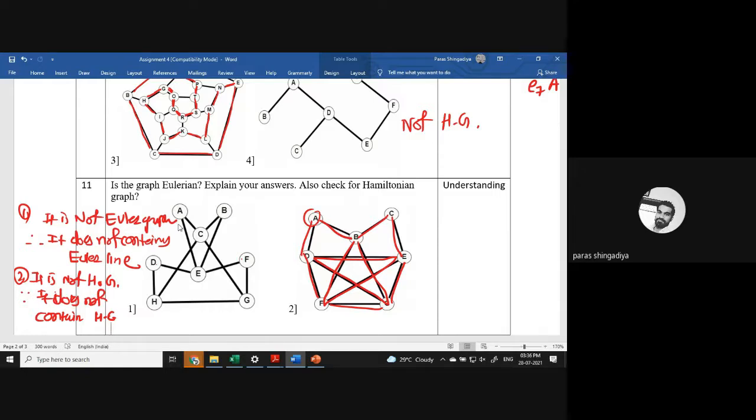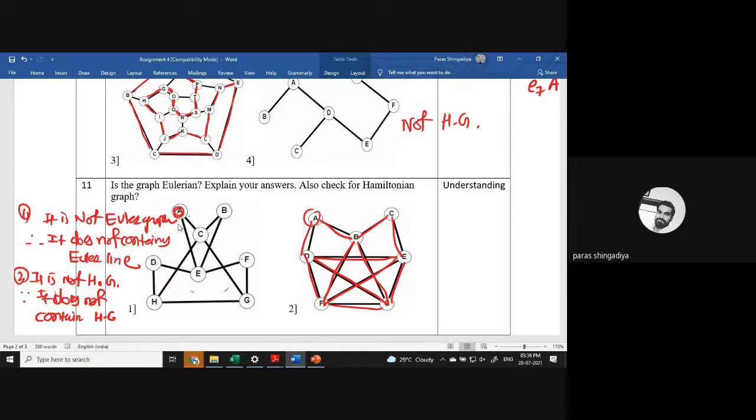So here you just start with any vertex, A to B, A to C, B, you can consider any route. Let us take A as the starting place, A to E, and after that D, H, G, F, E. E is repeated again. You have already visited it, and you visited it again, which means this circuit is not possible.